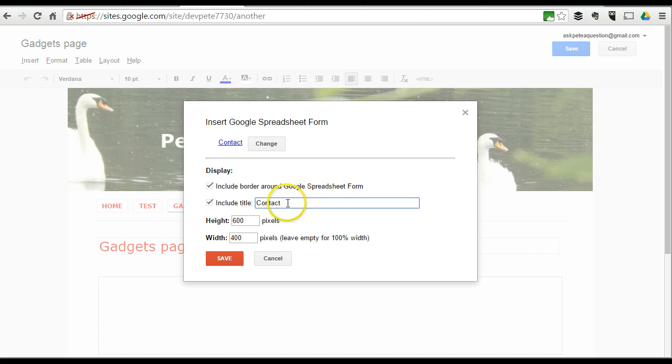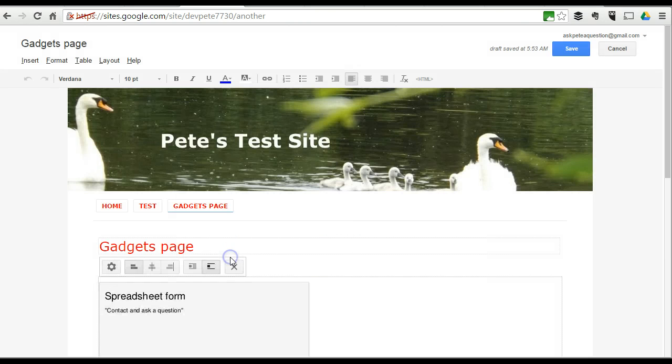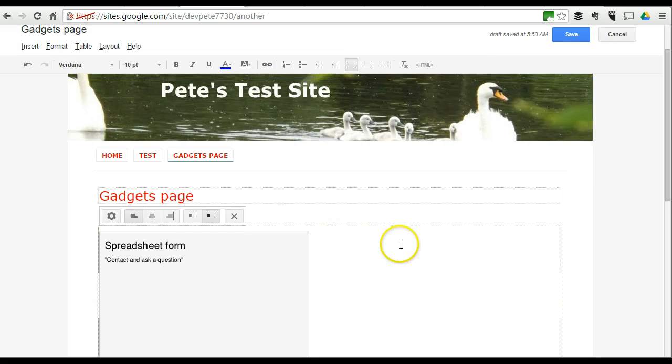For example, here I can say contact, and ask a question. It's going to be 600 pixels by 400 pixels, and I'm going to save that. There, that is now embedded onto my page. If I click onto save,